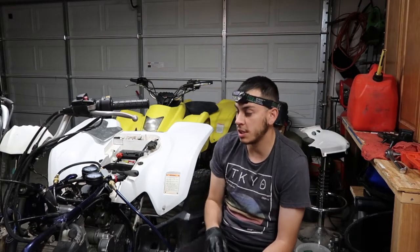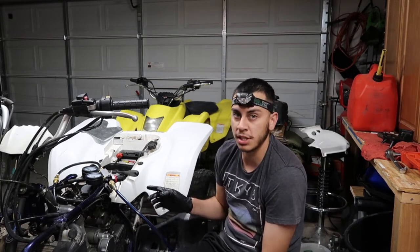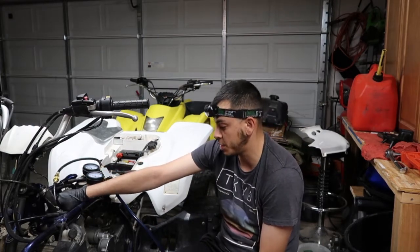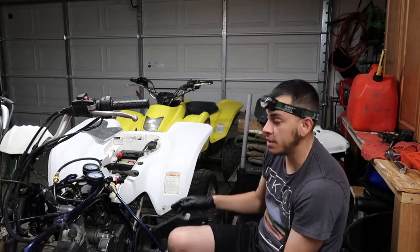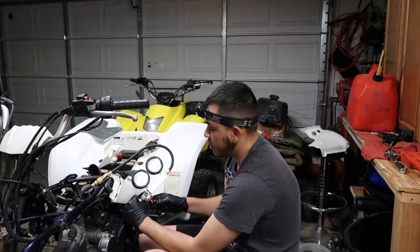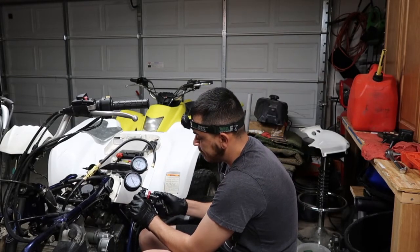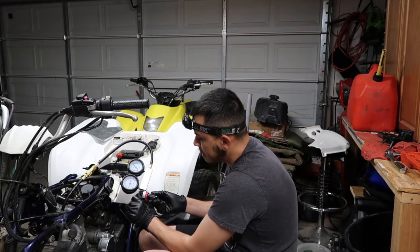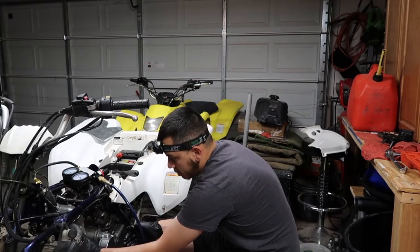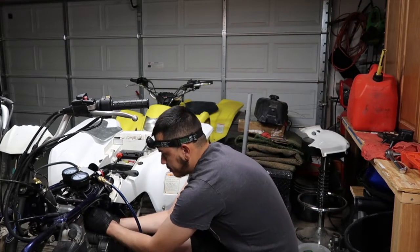So I'm gonna just go ahead and do a leak down test now and see if I hear a difference as to what it was before. Again, I don't have the exhaust and the carb on it, but I did have the top hose of the valve cover off. I didn't put that back on. We're gonna go ahead and turn it on now and see if I could hear anything from the difference. So I'm gonna put the gauges right here. Sorry, you guys probably can't really see them, or I might just zoom in, but let's see if it makes any difference now. So huge difference. It's not as loud as it was before, although exhaust side still sounds